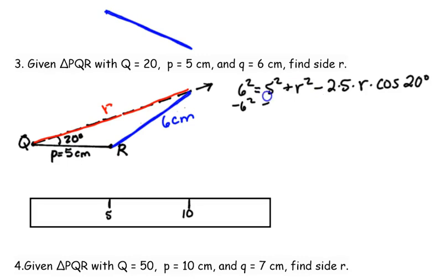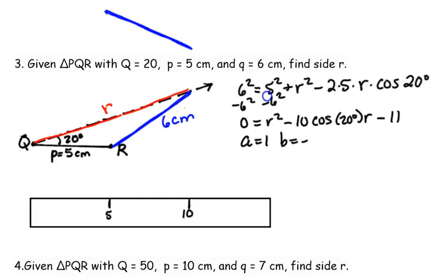Subtracting 6 squared from both sides, I end up with 0 equals r squared minus 10 cosine 20 degrees r, and then 5 squared minus 6 squared is negative 11. So a is 1, b is negative 10 cosine of 20, and c is negative 11. Now pause the video, store those values for a, b, and c on your calculator,